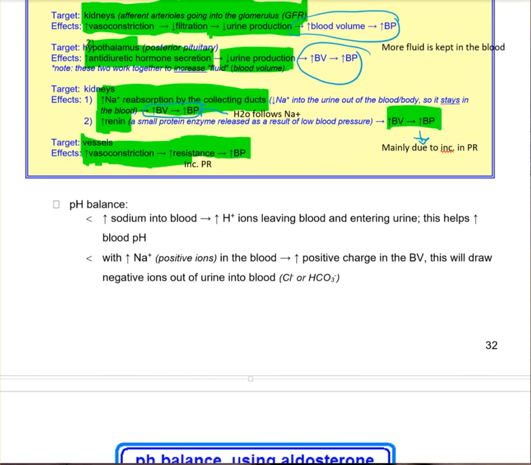Now, aldosterone affects some other things too. Let's type that in. It kind of jumps to this next thing, and it might be unclear here. Let's see. All right, let's put it here. Okay. Aldosterone also affects pH balance. And it does this in two different ways, okay? So the first one is,